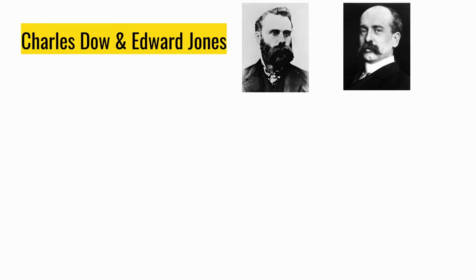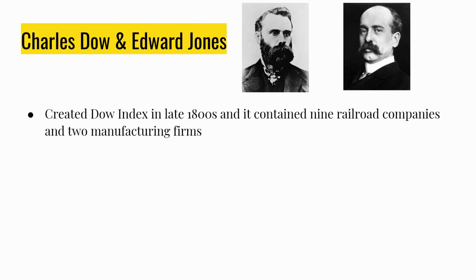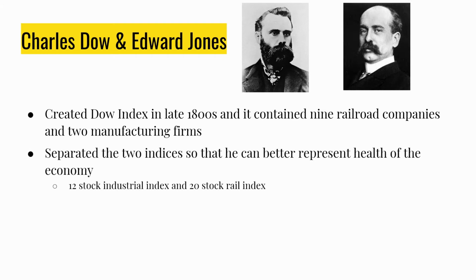So the Dow Index was created by Charles Dow and Edward Jones. Charles Dow is the person on the left and Edward Jones is the person on the right. When the index first came out in the late 1800s, it was made up of 9 railroad companies and 2 manufacturing firms. He eventually separated the index into 2 indices so that he can represent the overall health of the